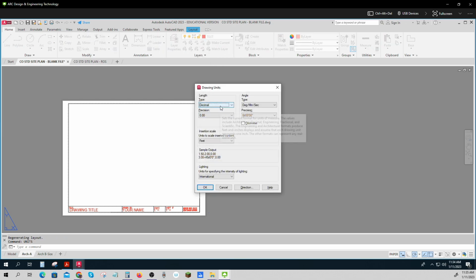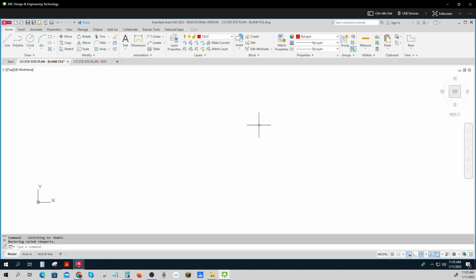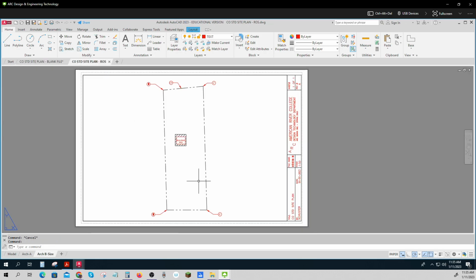Okay, and here we are back in decimal feet. This is where you see some people work in decimal feet fairly frequently, but the model itself is blank. Okay, and you'll be asked then to go through the process of creating a site plan. And the site plan is so that we can get used to doing